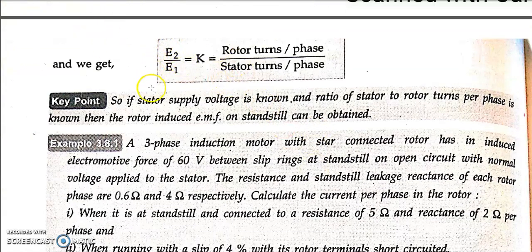Here do remember this formula. It is just like your transformer ratio formula, where E2 is the EMF induced in the rotor, and E1 is the EMF induced in the primary. Primary in the sense of stator. You can consider the stator as primary as well as the rotor as secondary. E2 is with respect to the rotor and E1 is with respect to the stator. So K is equal to E2 by E1, or you can also write it in terms of rotor turns per phase divided by stator turns per phase, that is N2 by N1. It is a formula similar to that of your transformer ratio.